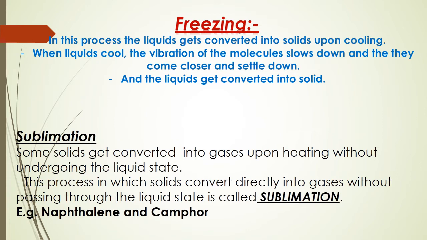Why? Because the naphthalene balls or the camphor here are undergoing the process of sublimation. Okay, so sublimation is a process in which solids get converted directly into gases without passing through the liquid